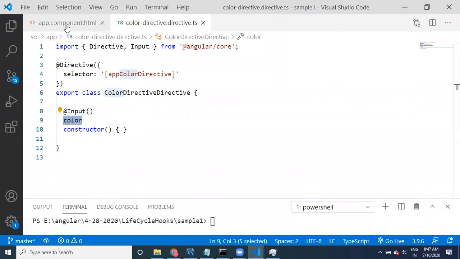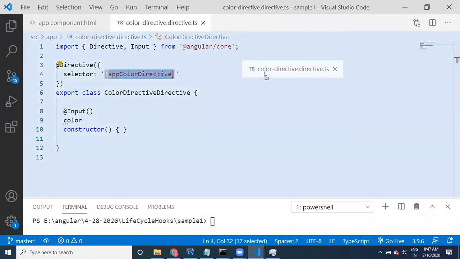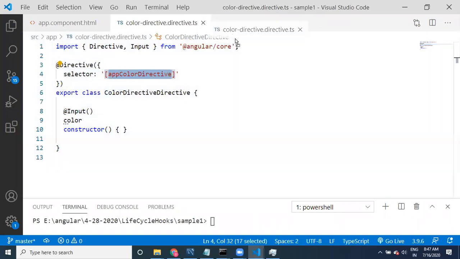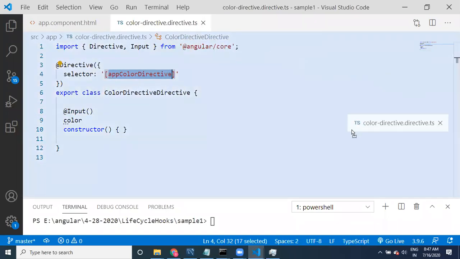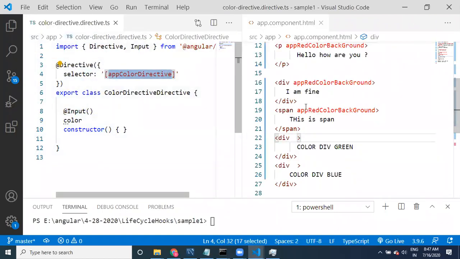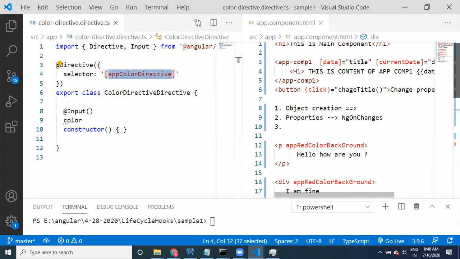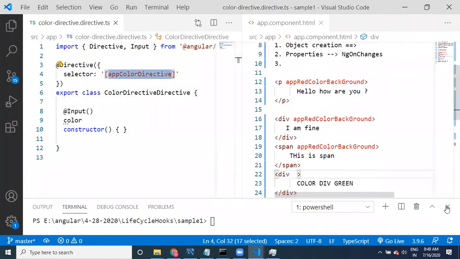something like this. See here guys, how can you apply? First one is what? Directive. Okay, better I will do one thing guys. Now if I open both the things, you people can understand easily.